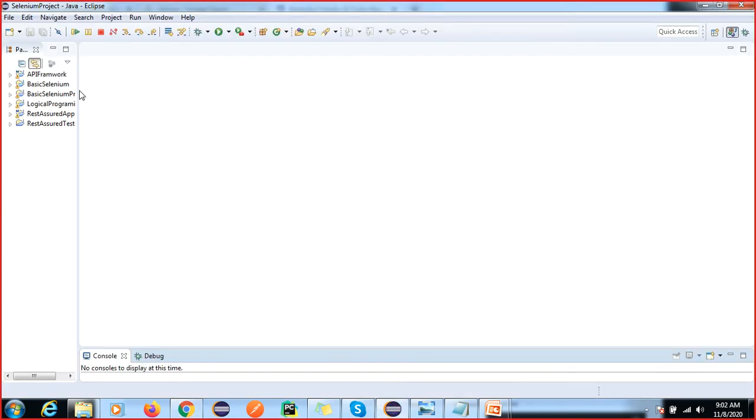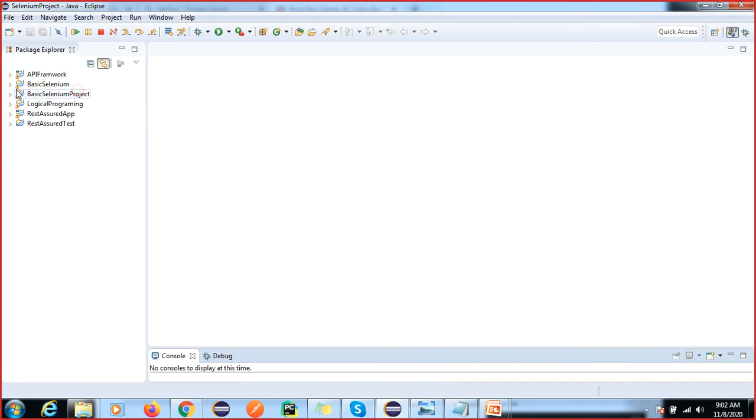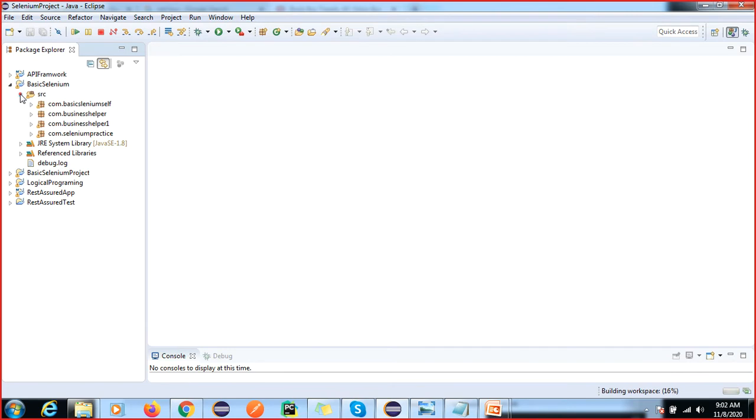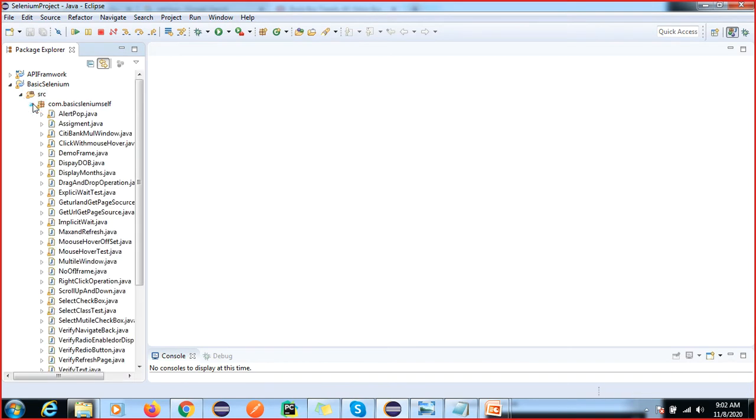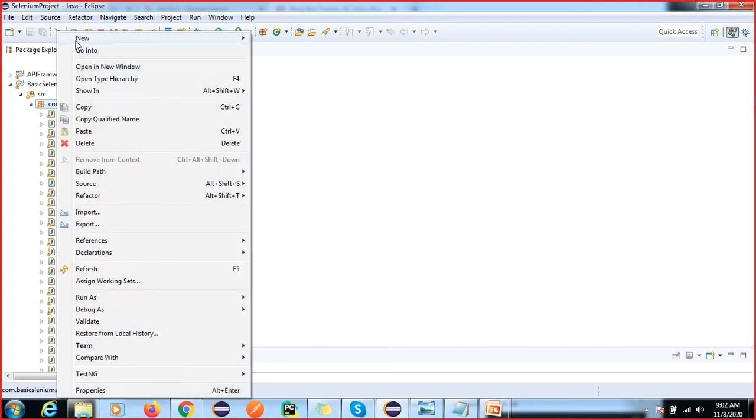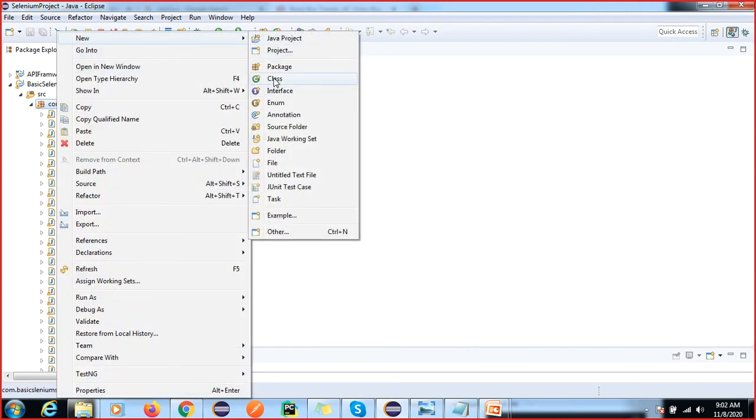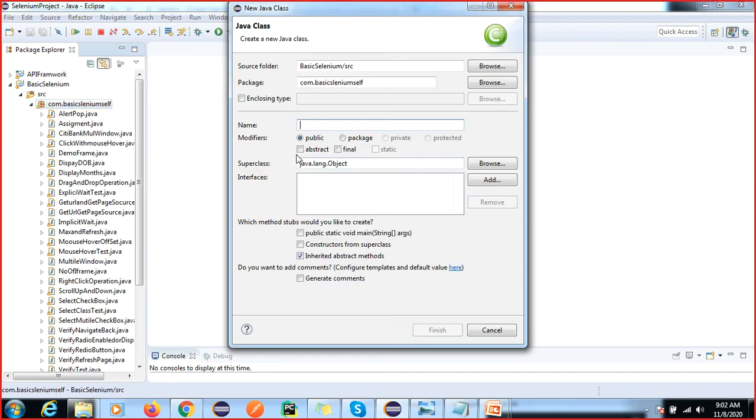The steps are the same, like I'm going to start from the start. We don't have much topic left in Selenium basics. Once we complete the Selenium basics, then in the next session we can start the framework components and tools.